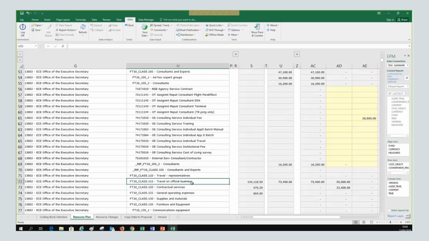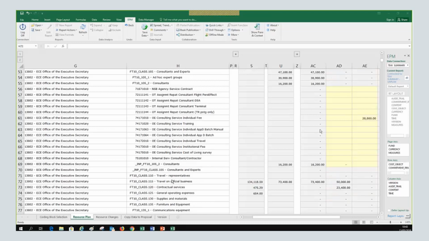We want to enter something on the travel side. What do I do? What would you do? Do I double click already here to get the breakdown by commitment item? Yes or no? Shall I double click here to see the breakdown of commitment items so I can enter data? Yes or no? Please click on the green check or on the red cross. Okay. Everybody's saying yes, and the right answer is no.